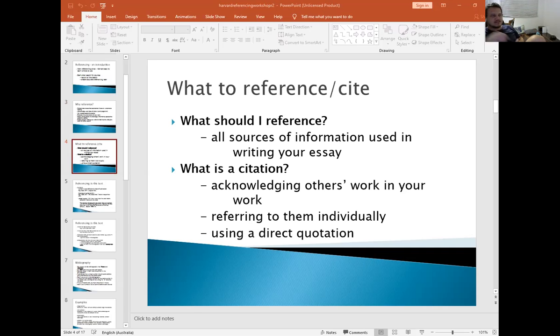The answer is yes, I can. But I have to put it in quotation marks, and we'll show you how to do that later. Citation is where we're acknowledging where you've used someone else's work in your own.